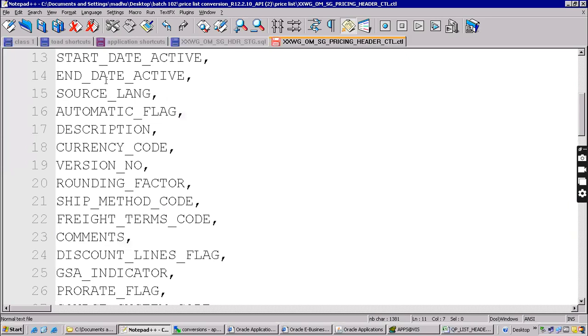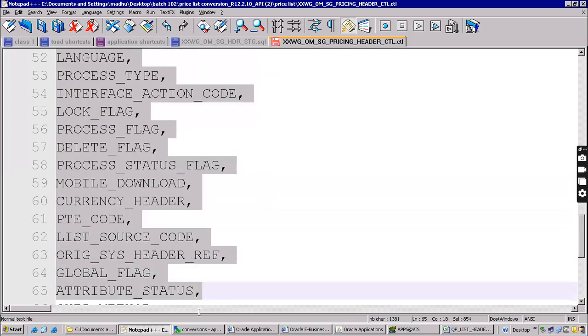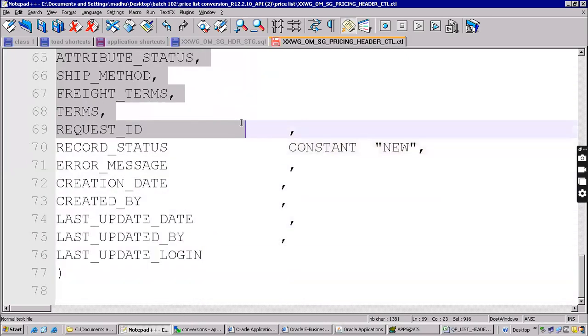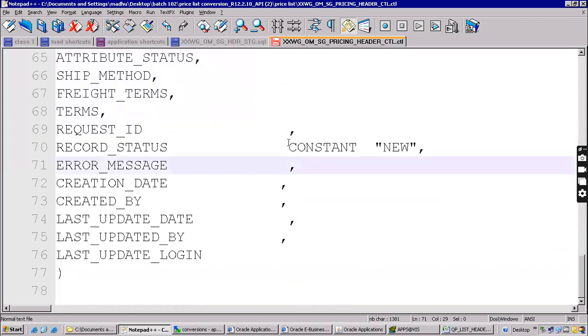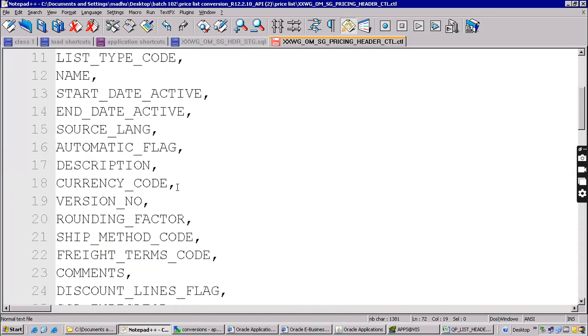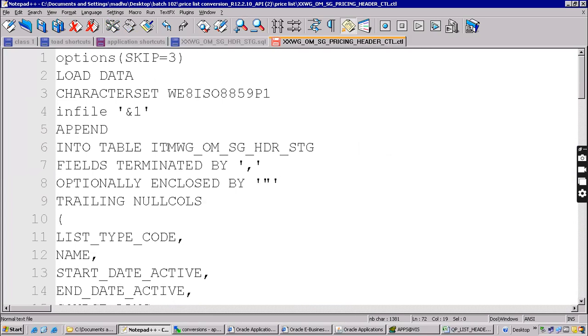Then the rest of the columns here, these are all the columns, copy paste. How to copy this many? And this is by default a new keyword. Your record is very new, that's why I mentioned new. If you want to populate default values for this particular column, we can use new here. So to copy this many columns is difficult for you. So what you can do, you take this,